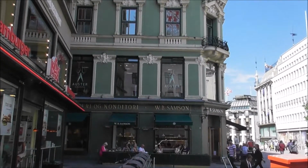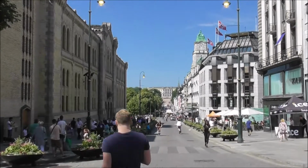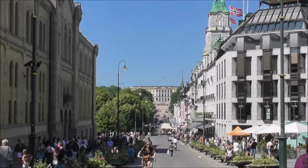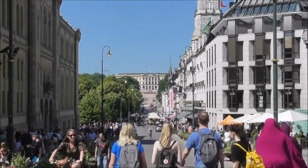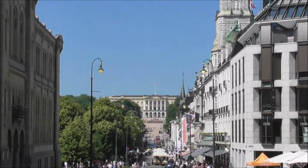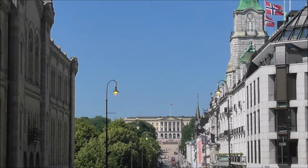Last Saturday, Sunday. We go this way. Yes, we are in Karl Johan Street. Can you believe it? A Swedish king has the name of the main street in Norway. That's how it is, because he decided, I want my palace up here on the hillside with the people in front of me. Came there on a horse in